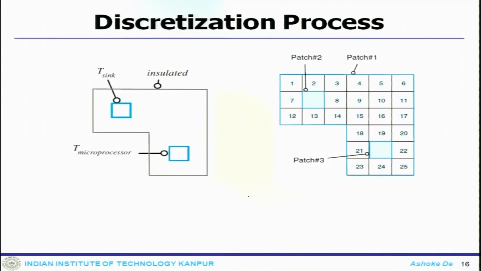So, we have already discussed the domain modeling. This is our actual domain. If you recall from our last lecture, this is the heat base, and you have a microprocessor here which essentially behaves like a heat source, and there is a heat sink here. This particular patch is going to take care of the heat, and the outer periphery of the base is insulated. So, that means there is no heat flux.